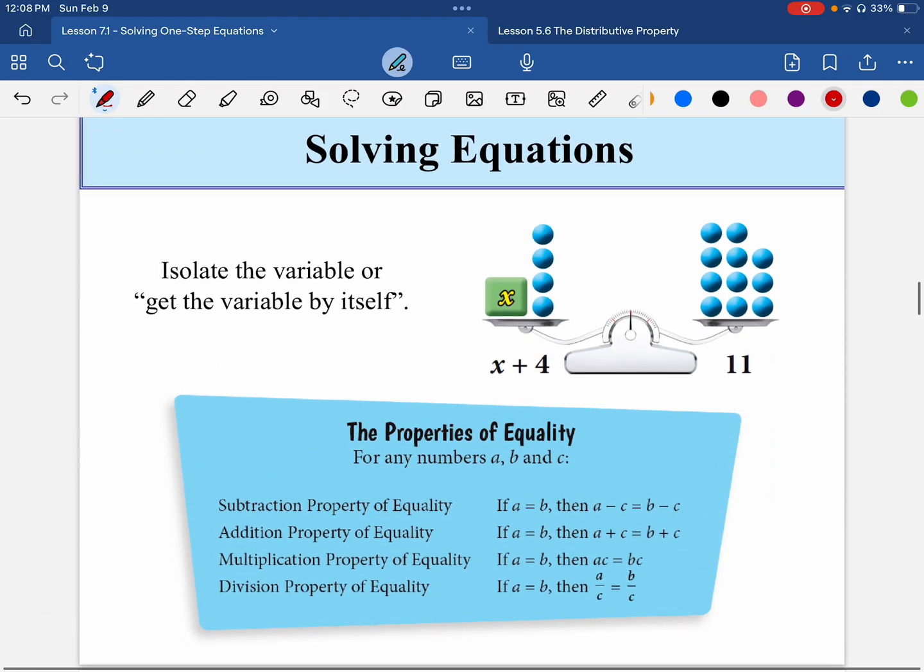So solving equations, we want to isolate the variable. I'm going to show this with physical pieces tomorrow when I'm in class, or possibly on Wednesday after we get through. So the big thing that we want to talk about is the properties of equality. Oftentimes we refer to these as inverse operations,